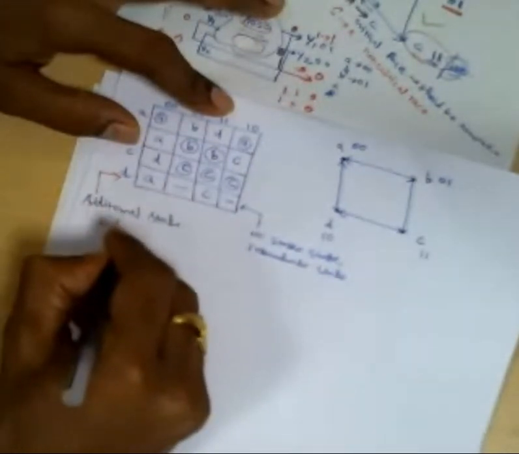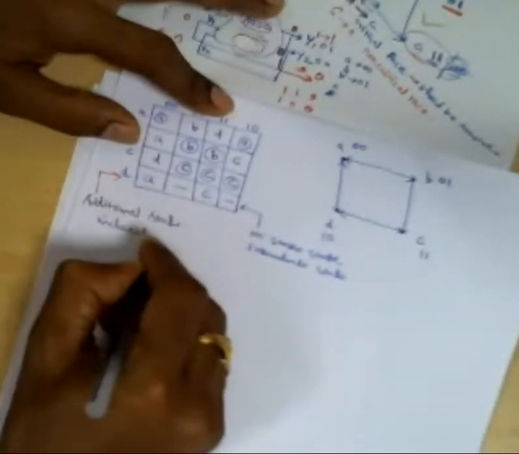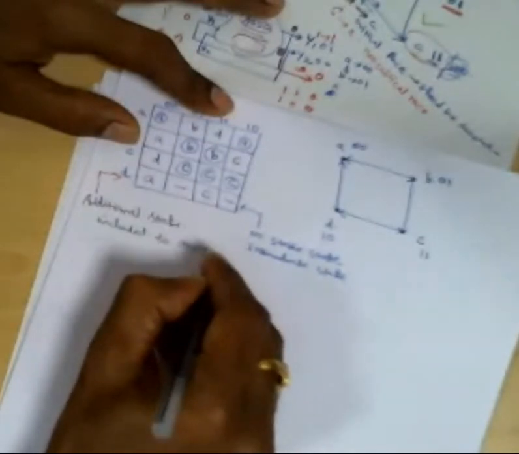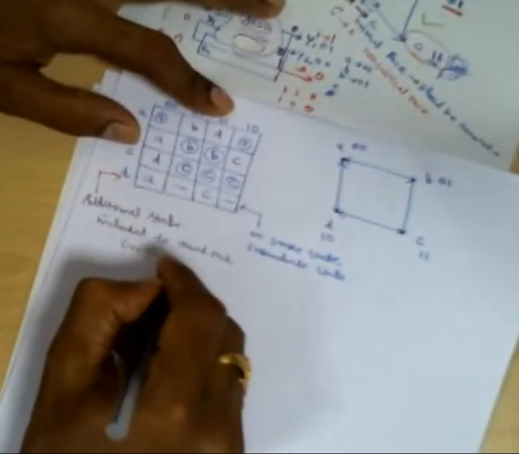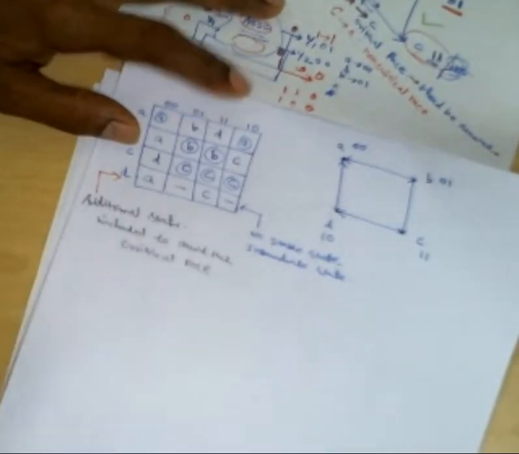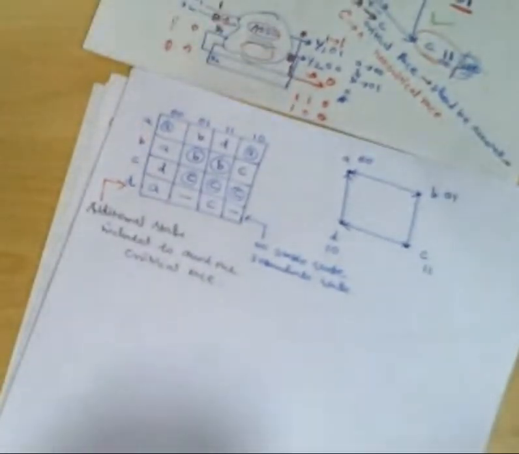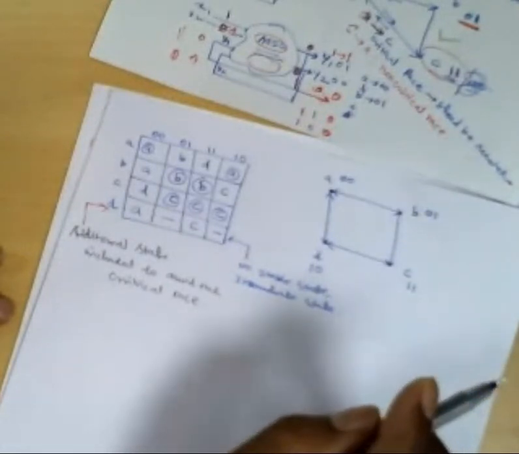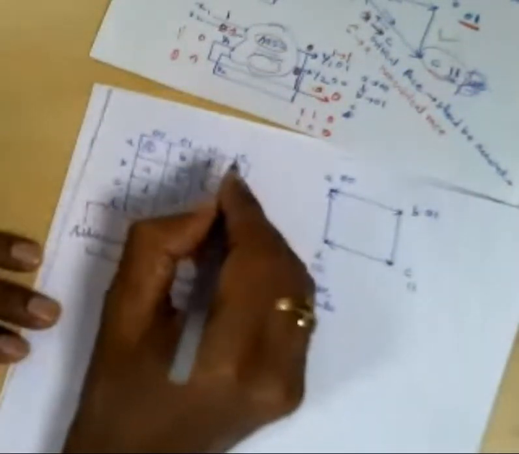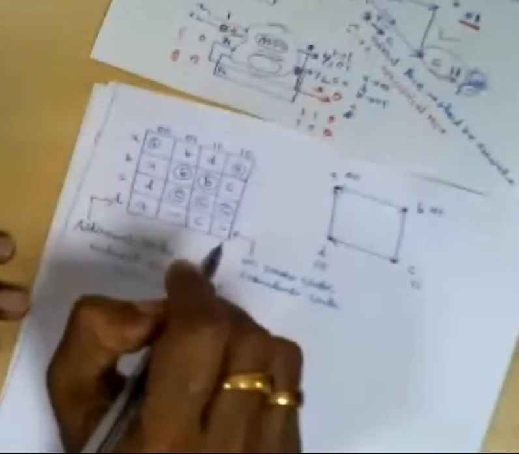Included, to avoid the critical race. To avoid the critical race now, then what is the difference? One is this one now. Anywhere, any other difference is there? You tell me. You compare these two tables and then you tell me.